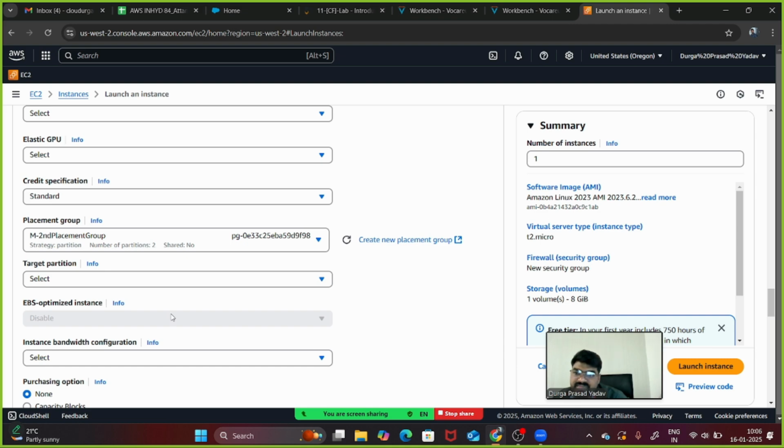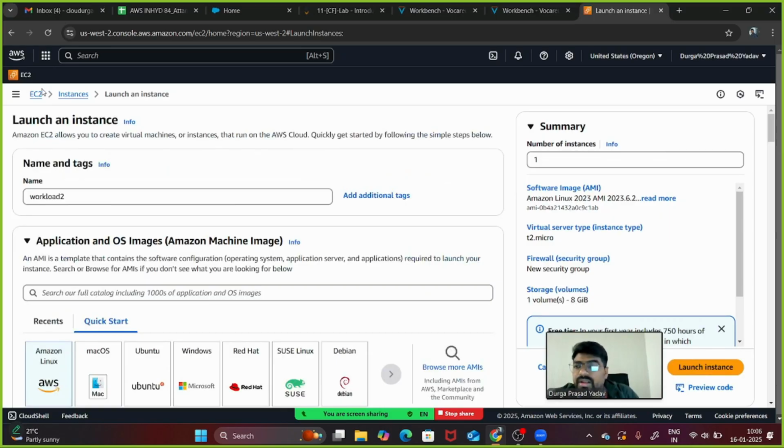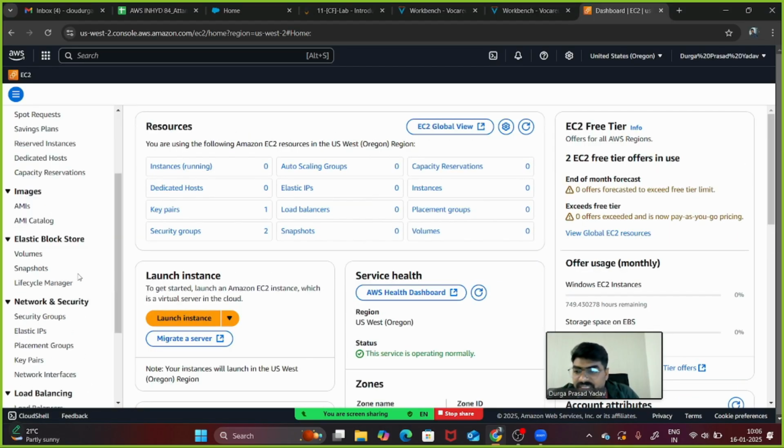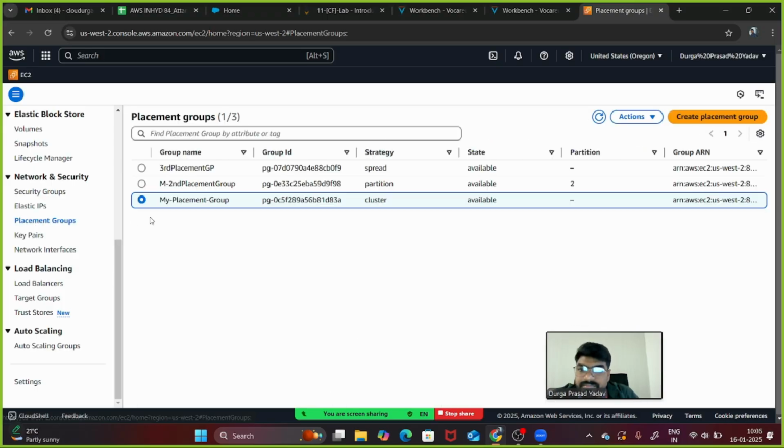Coming. So one we kept into another partition, and second we are keeping into another partition, right? So two different partitions it will create. Number of partitions are two, so one will go in one partition, one will go in another partition, right? So this is how it will work, guys. This is how basically placement groups work.